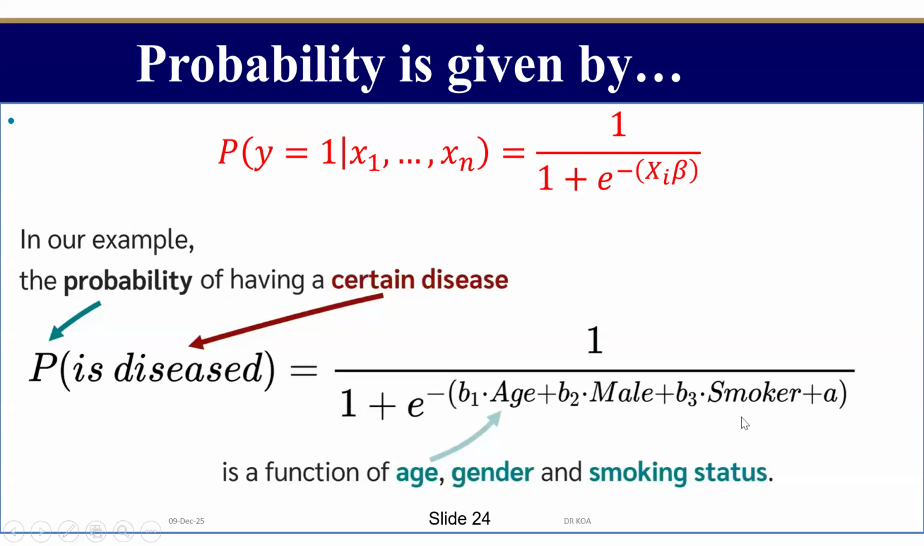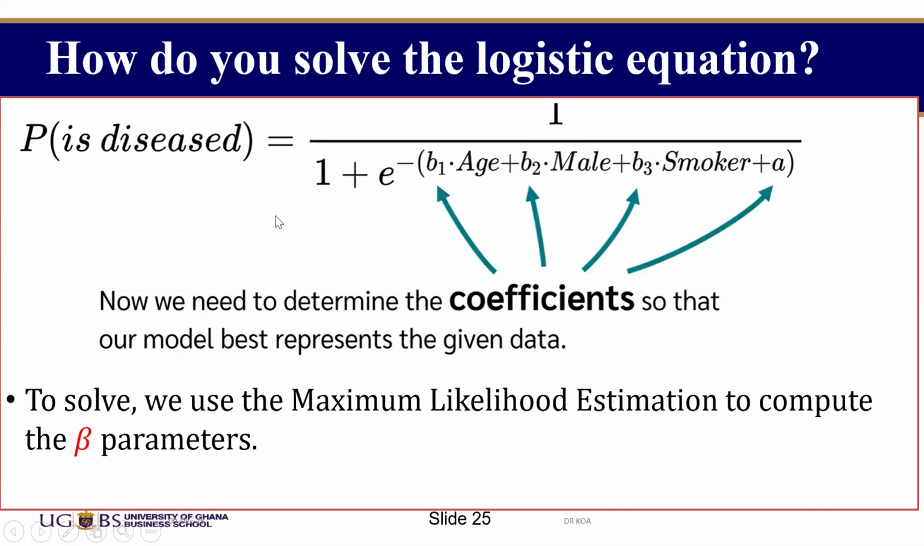This part here is a linear function that we know. So the probability that a person is diseased is dependent on the age of the person, the gender of the person, and the smoking status of the person. That's what this function is saying. Okay. But then we can manipulate it slightly, okay, as you can see here. And these are the coefficients, beta 2, beta 3, beta 4, which we have to what? Find. And the only way we can find this is by first